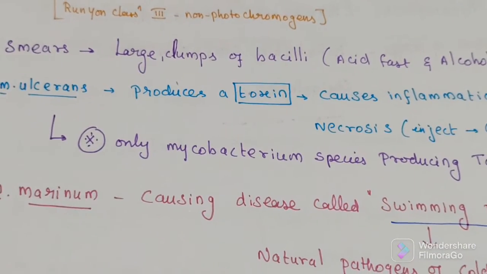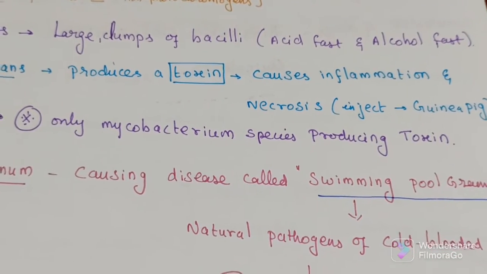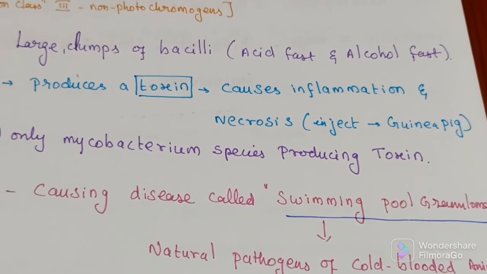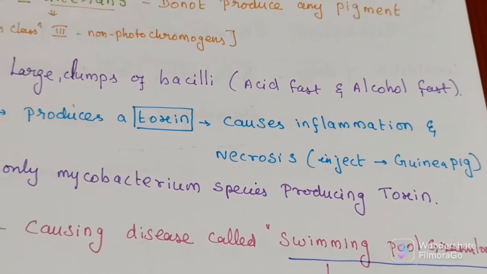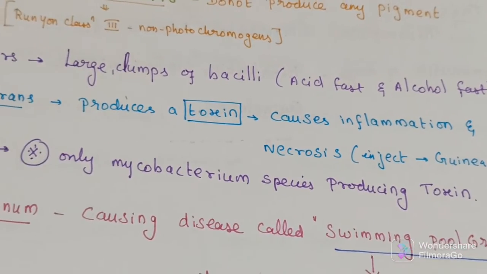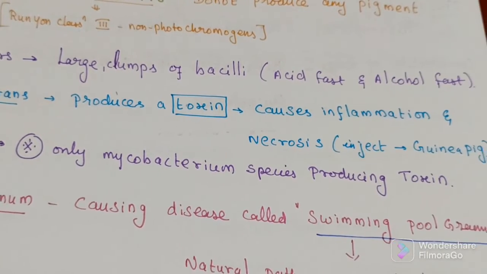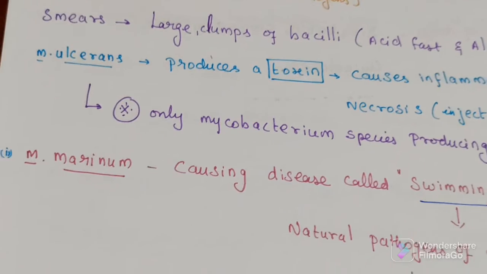Then, Mycobacterium ulcerans produces a toxin which causes inflammation and necrosis when injected into the skin of a guinea pig. Mycobacterium ulcerans is the only Mycobacterium species producing a toxin. Next species,